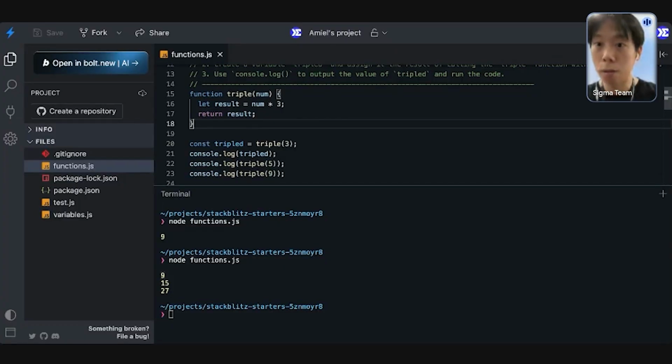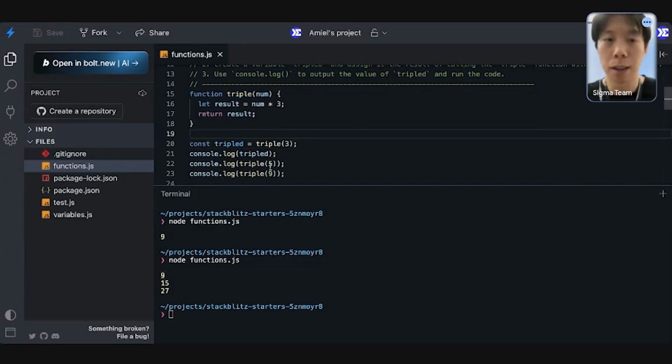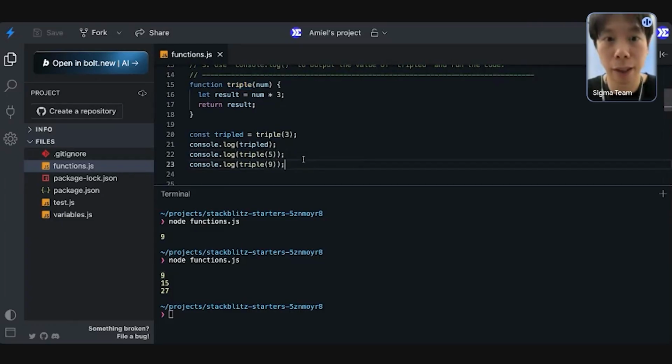You write it once, but you can use it multiple times without having to write huge chunks of code again that have already been written. You can also see why naming convention is very important: whenever I call the function name triple, you'll know what it's doing within that, right?